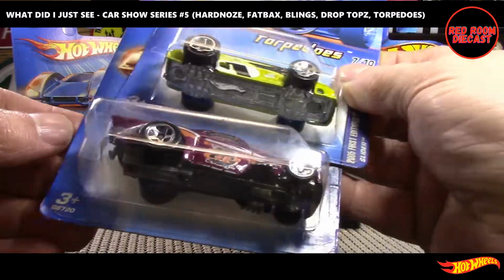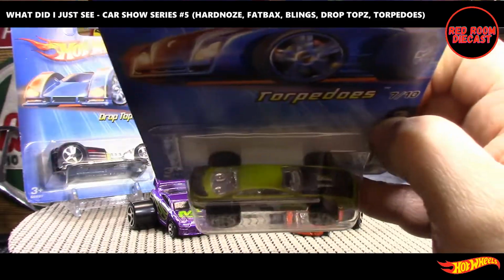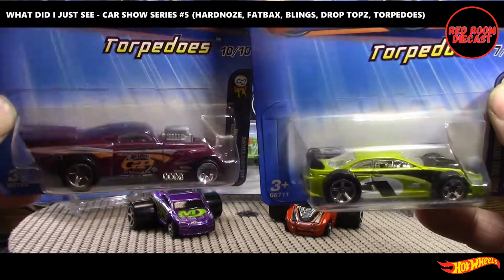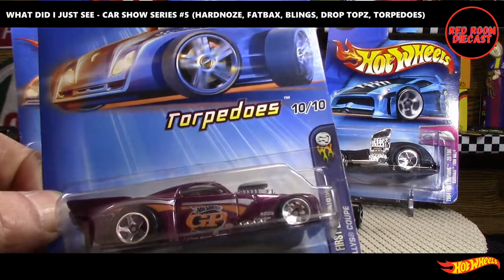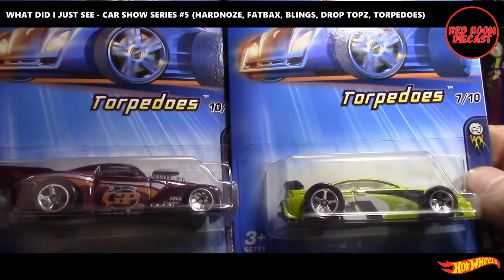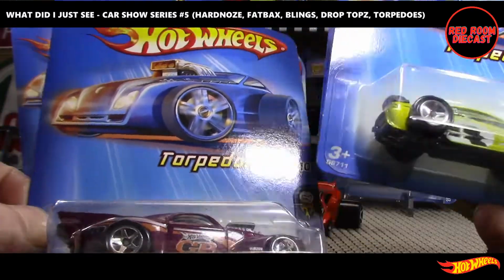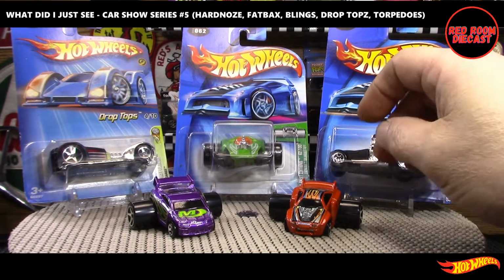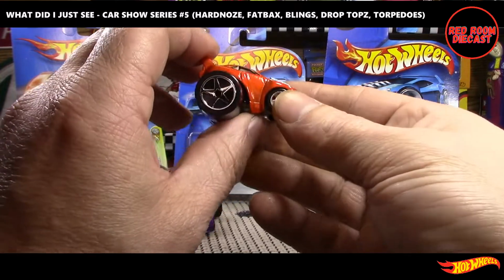And the other series that they had was the torpedoes, which were very slim type of models, open wheeled, and they were really cool, but very thin. So hopefully I'll be able to find the other three that I am missing and present them all together. So I won't be showing these ones at all in this video, but I will be showing the other series that I do have. You've already seen these ones I've done in Spotlight series, so you could see the idea